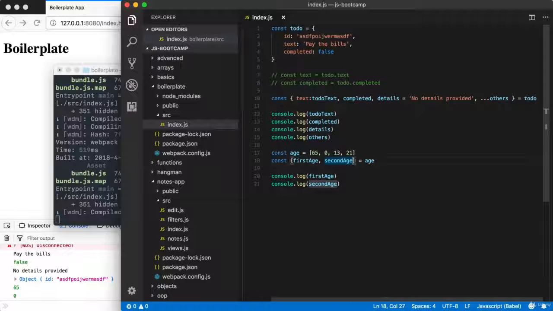You can also skip values. So let's say I don't want the third one, but I do want the fourth. All I would do for that is use a comma space, then provide nothing, move right on to the next one, comma space, then name the fourth one. I could call this something like